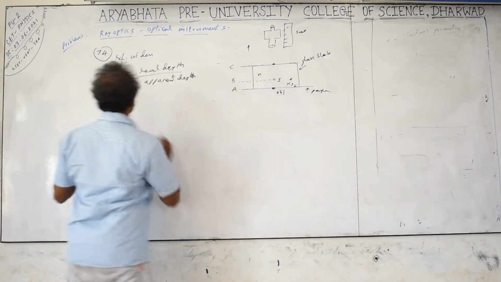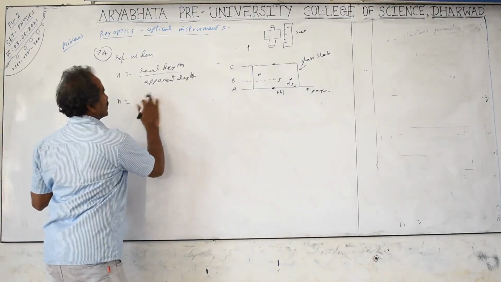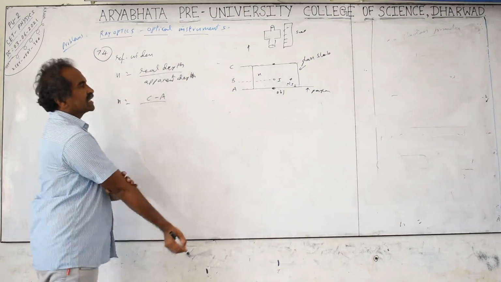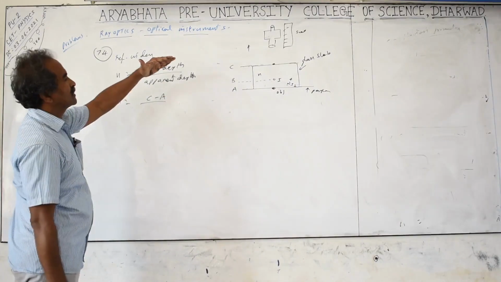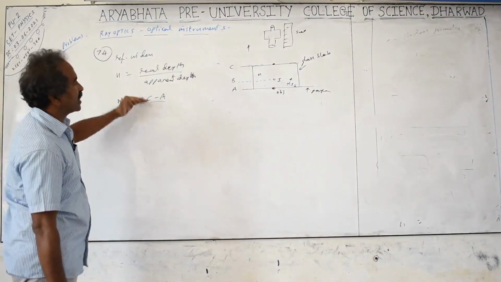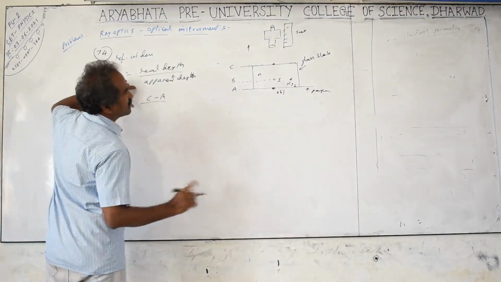So real depth becomes equal to A minus C, or if you are taking C upward, we can take C minus A. Upward reading is increasing, bottom reading is low, so C minus A. It doesn't matter if you take A minus C; if minus is taken common in numerator and denominator, the result will be the same, it does not change. You have to be careful with the symbols, however.